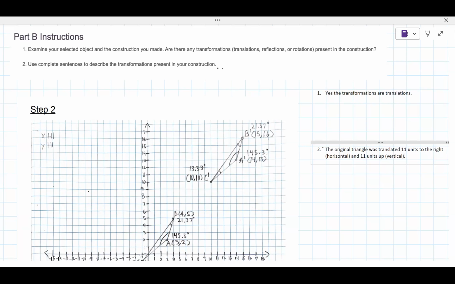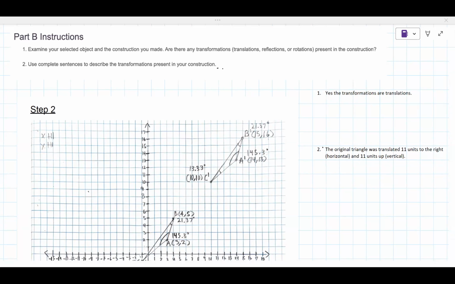Period. Number two would be the original triangle is translated